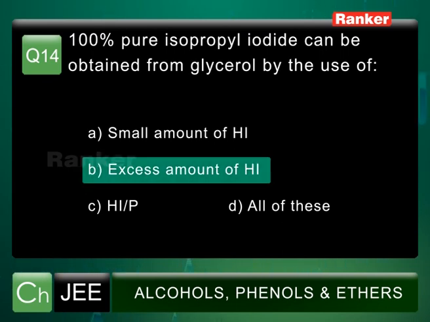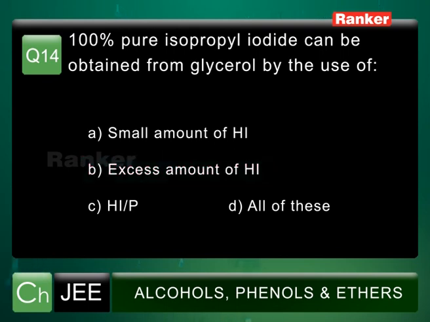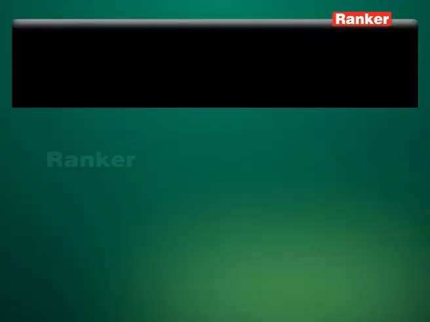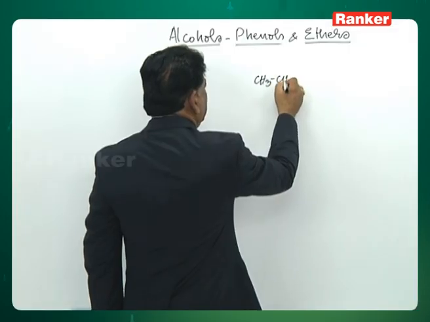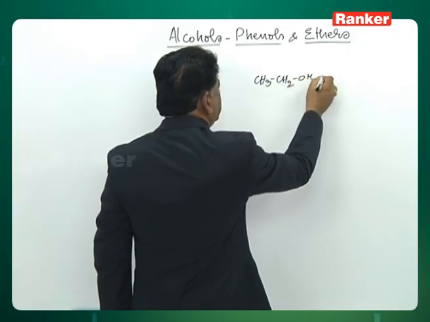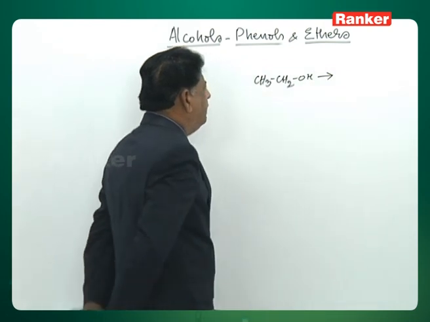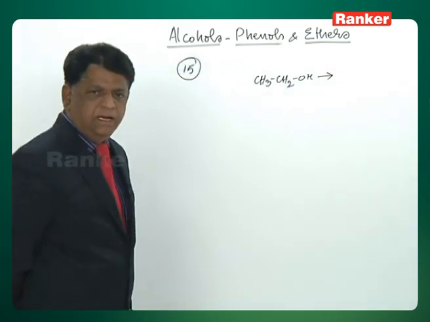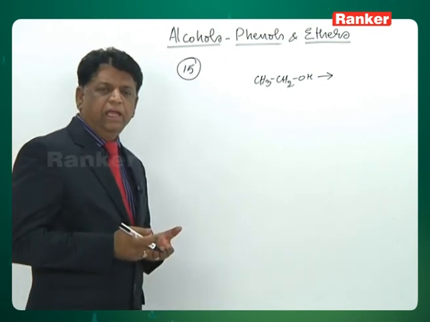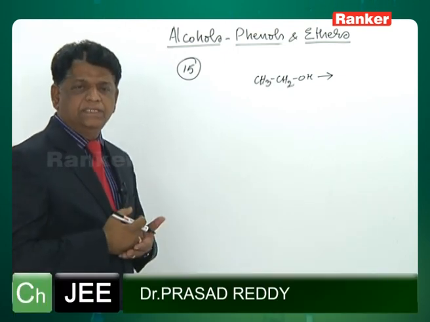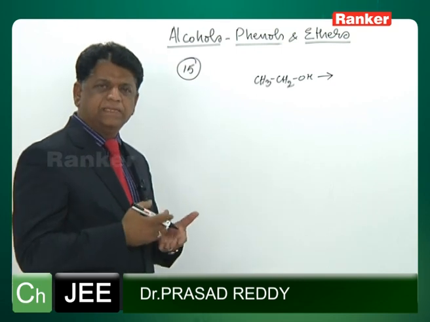B is the right answer. Denaturated alcohol is the alcohol which contains, here the alcohol refers to the ethyl alcohol. Ethyl alcohol is the one which people drink as a liquor. In fact, this liquor, when it is supplied to the different industrial companies and all that,